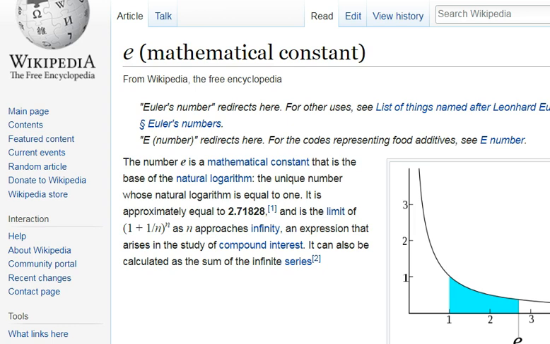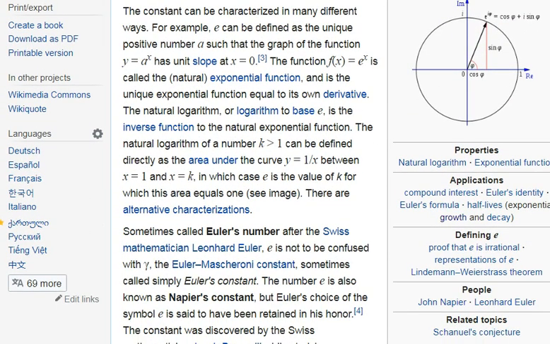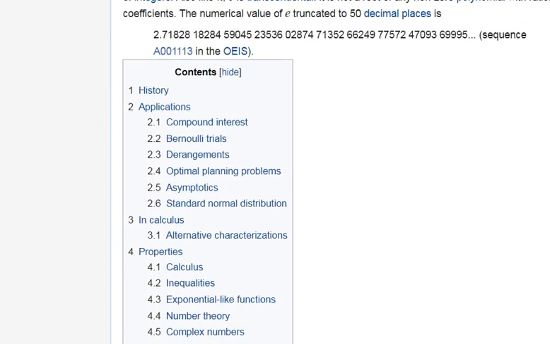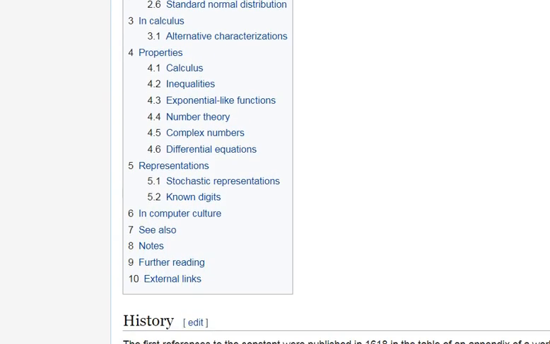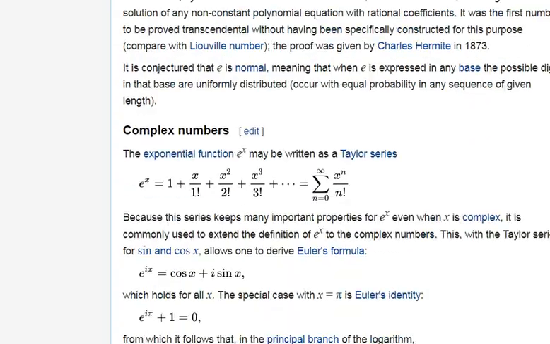It's approximately 2.71828, and then on and on. There is a lot of stuff about e. There are actually, I think, 4 or 5 different ways that you can derive it, that you can figure out that it's that 2.718 number. There are lots of applications, and not just in math,